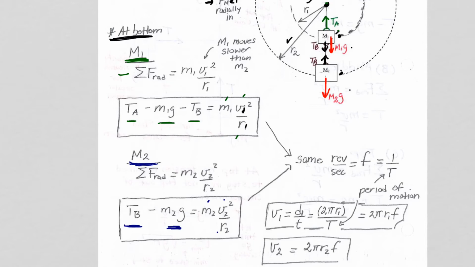And again, we have to have a separate index for the M2 variables. Well, we now have our equations that we will use to solve whatever we have to solve for regarding mass 1 and mass 2. But the trick to really seeing what's going on here is to notice that the frequency of revolution, the number of revolutions per second, is going to be the same. So the same revolutions per second